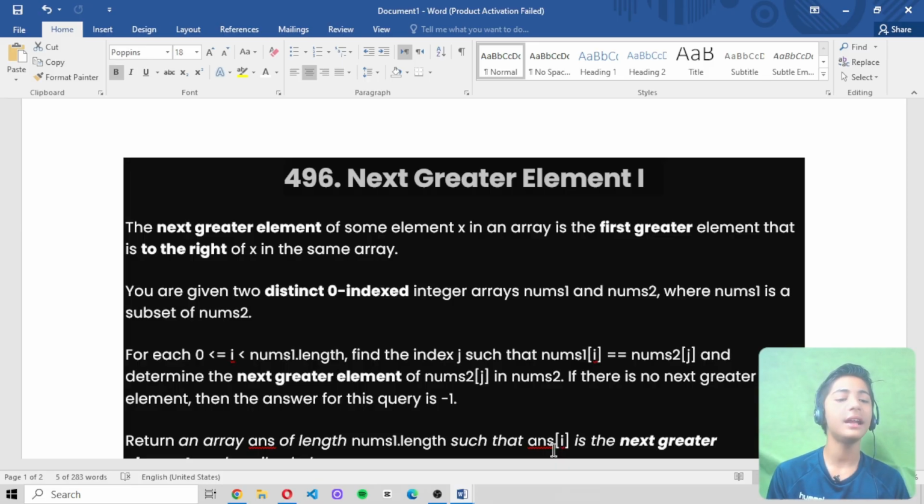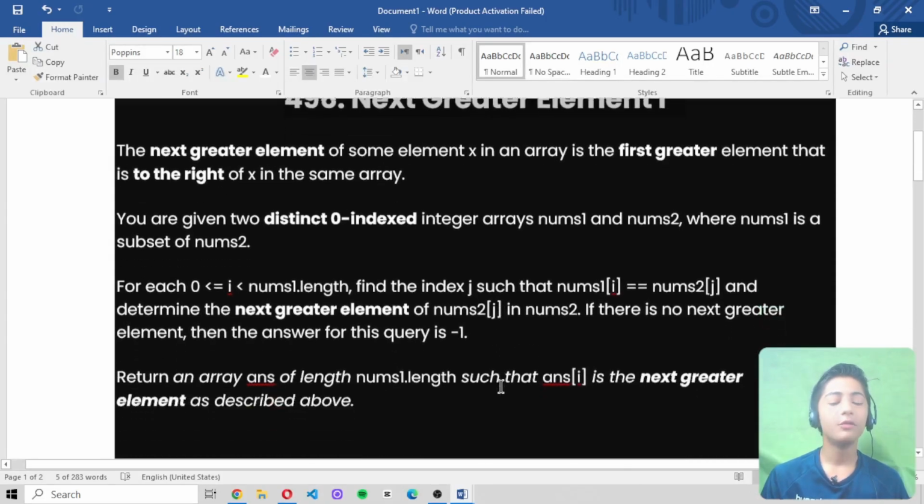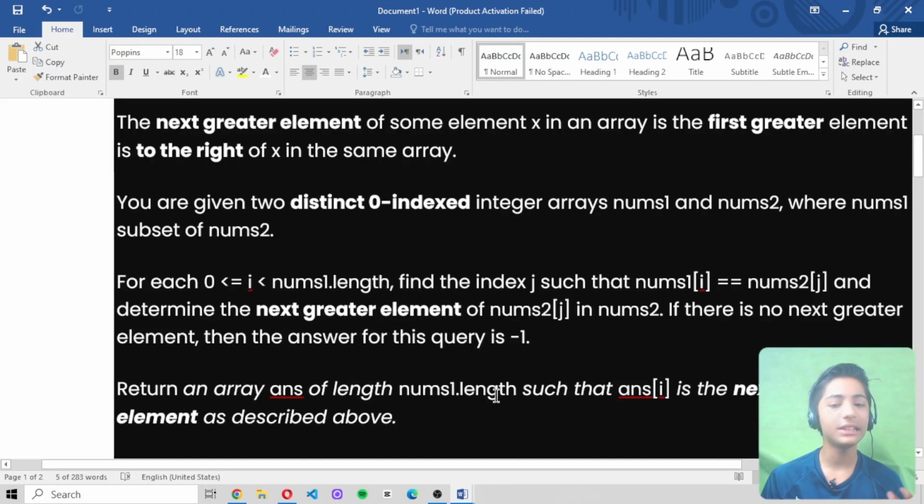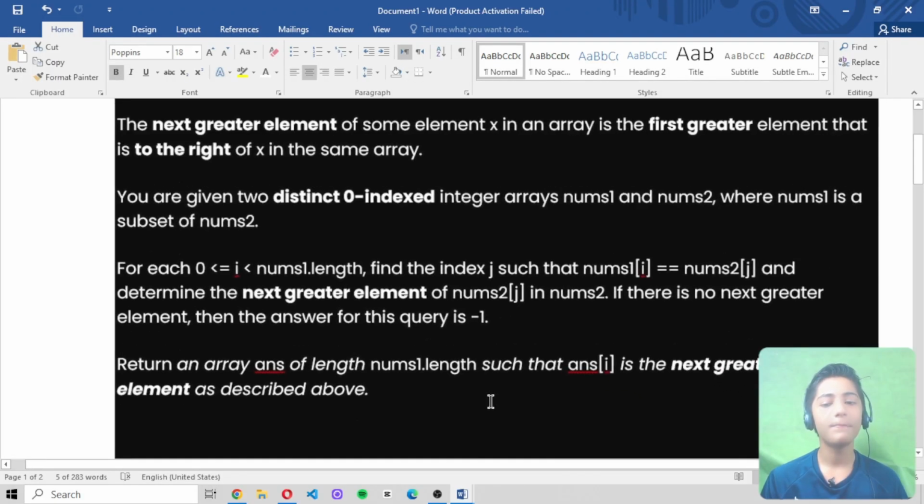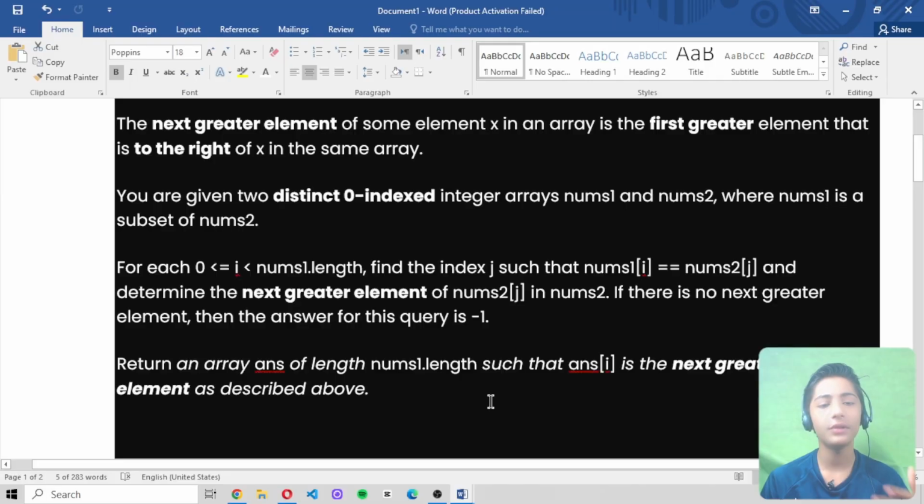The next greater element of some element x in an array is the first greater element that is to the right of x in the same array. Now, it has given me two distinct 0-indexed integer arrays, nums1 and nums2, where nums1 is a subset of nums2.